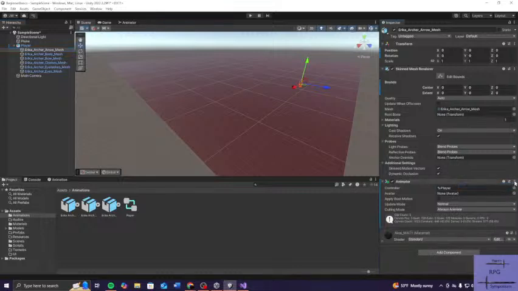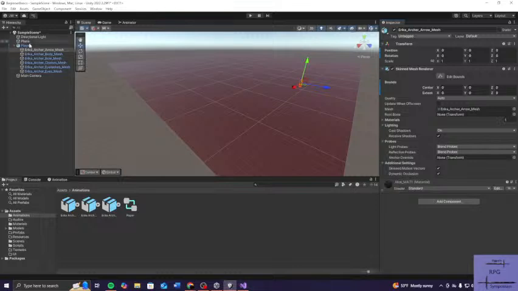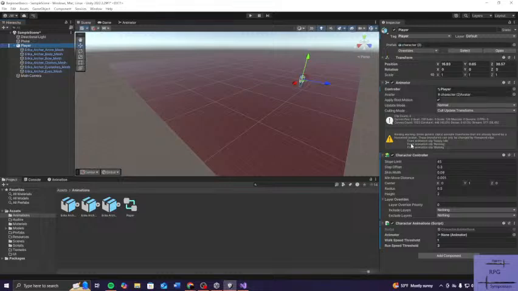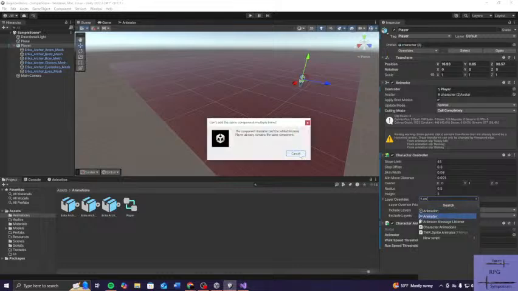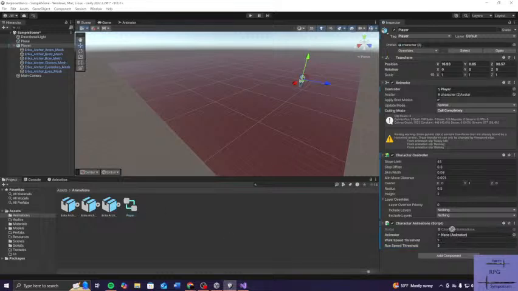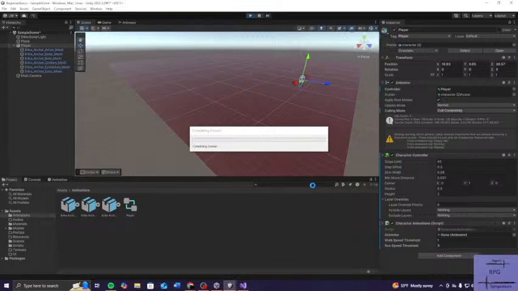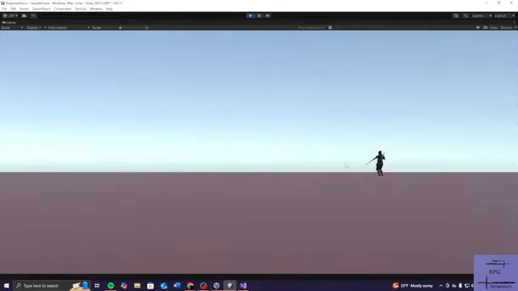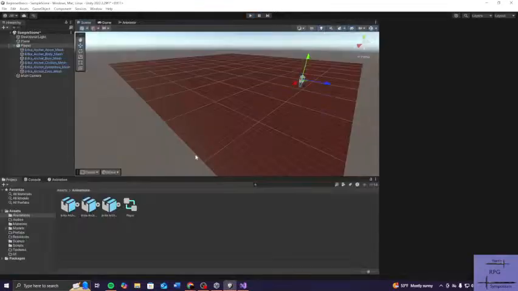Remove that component. Oh, that's where it is. Move that down here. Alright, so